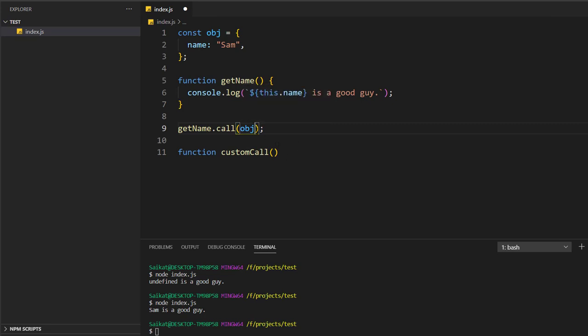In this case I do not have any arguments, so I'll just pass an object. The first parameter should be the object, some object obj, and the other things will be arguments.